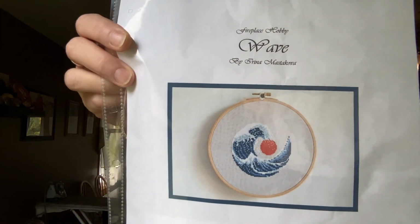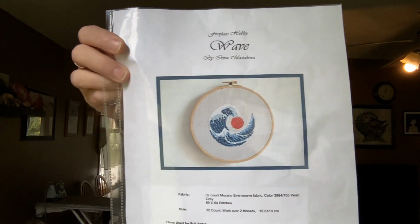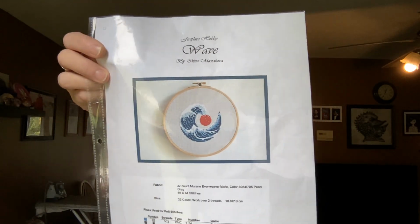Obviously, I didn't get a lot done on it because I did go to Dayton last weekend, where I don't have space big enough at my house to lay out the quilt, cut the excess fabric around it, the batting, to make sure it's all the same size, lay it out, baste it, and then pin baste it, glue baste it, and then pin baste it. So I took it to Dayton with me and did it in the hotel because it was big enough floor space. You guys,